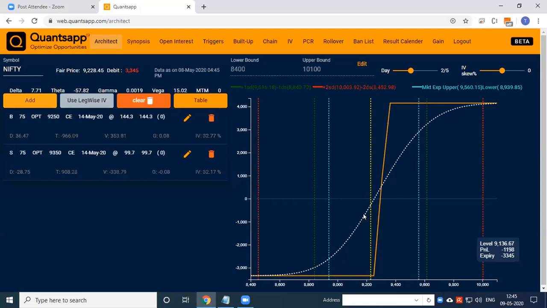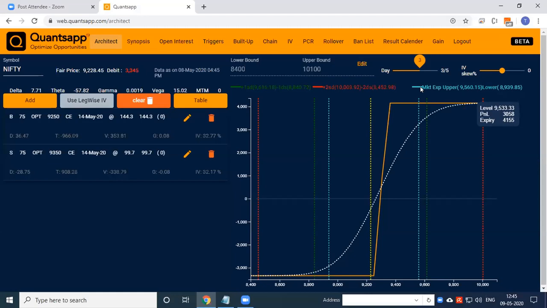So that's the reason why people prefer to move on to a strategy in a high volatility scenario compared to going to a single leg strategy, right? So now if I change the days from 2 days to 3 days, so that means it becomes like a Tuesday. Tuesday, if the market comes to 9533, our PNL increases to 3058 because the selling leg of the option will now